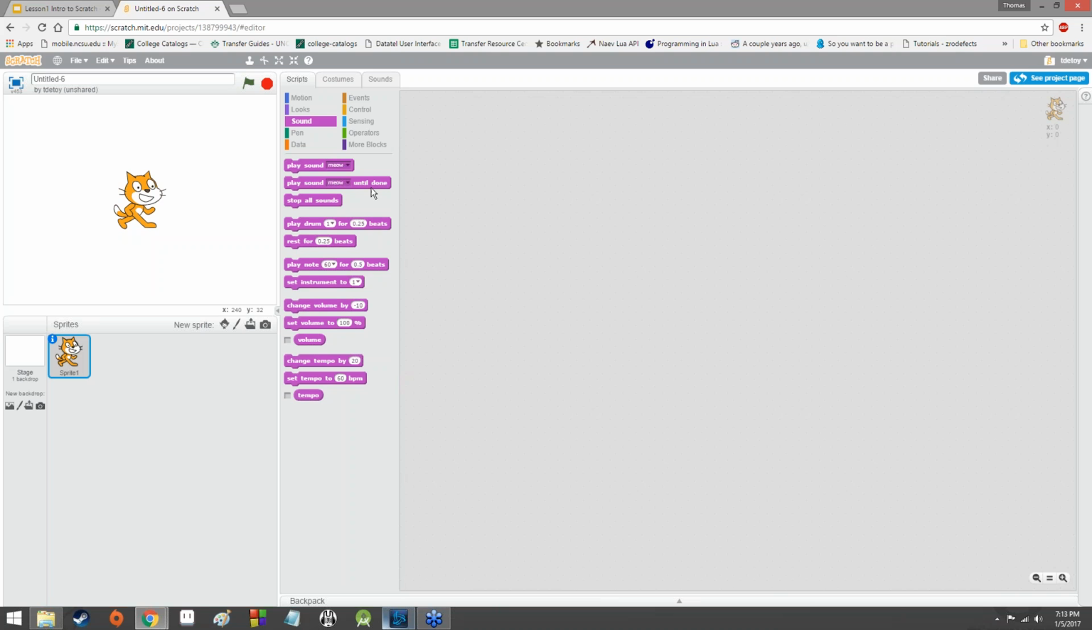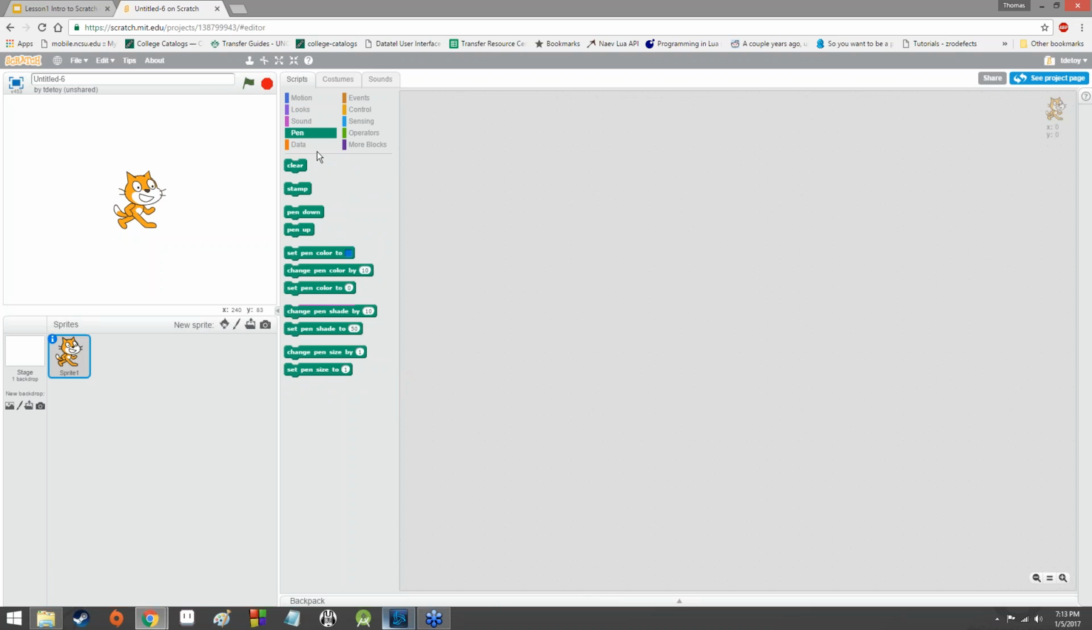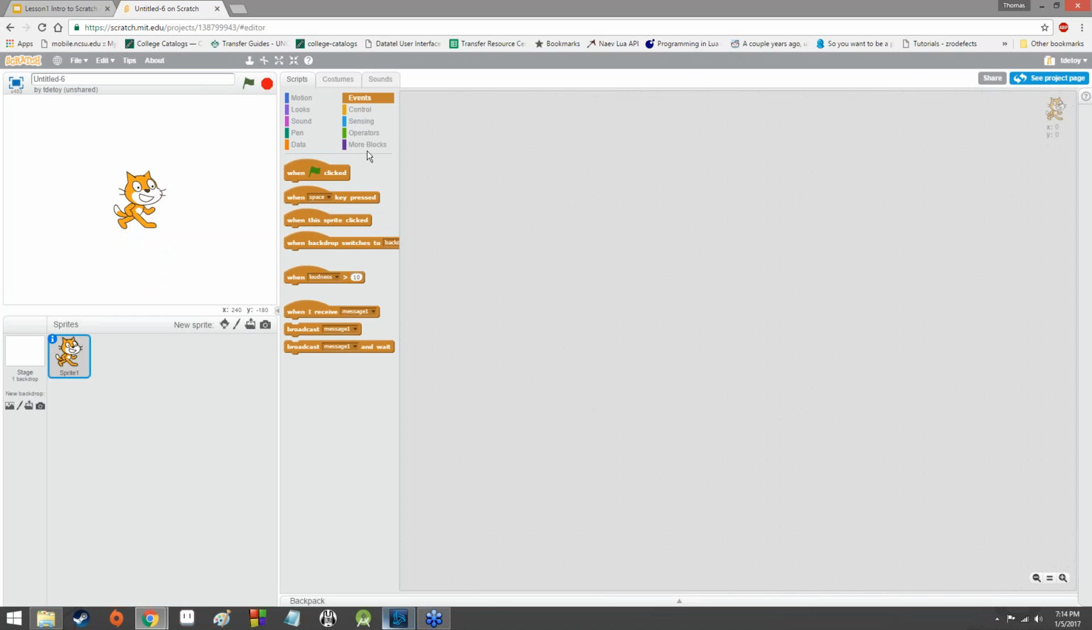Sound for your computer to play sounds. Pen for drawing on the screen and things like that. Data is interesting. This gets into variables, which we'll cover as we continue with Scratch. But variables are a very important part of programming, and the more comfortable you get with them, the better off you'll be. Events are